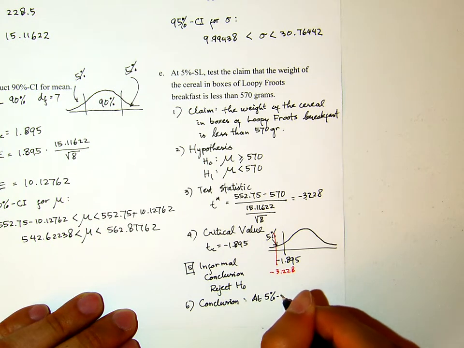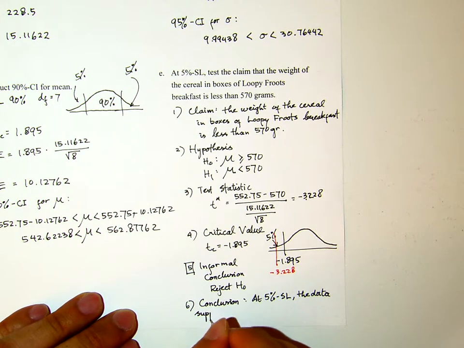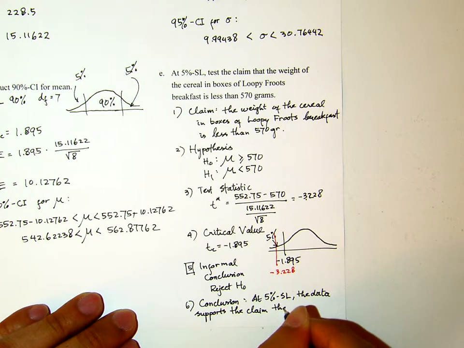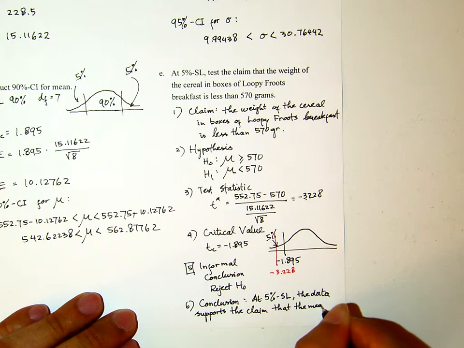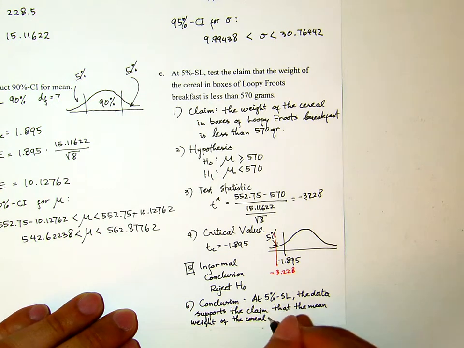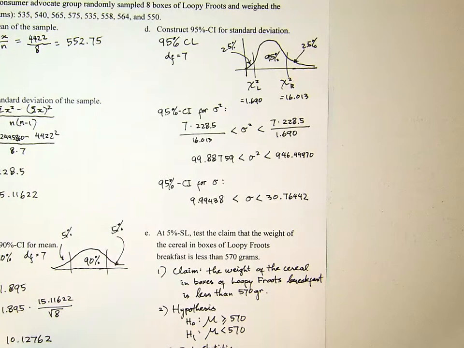let me start from here, at 5% significance level, the data supports the claim that the mean weight of the cereal in boxes of dot dot dot. I need more space. I will leave it like that, but in your test you need to write it properly. Now continue yourself from there. This is from Fall 2011 Math 227 number 6 part D and